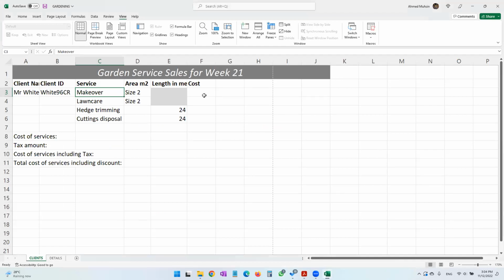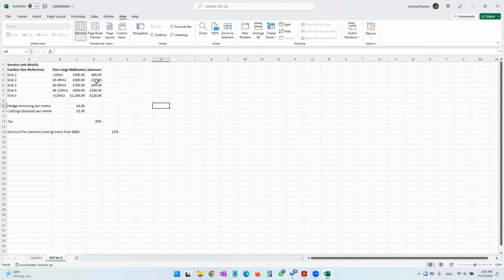So over here, you can see the cost column is there. The cost has to appear here, but they have not told us much about what we have to do to get the cost, where the values are kept. All that they have not told us. So this is something you have to figure out on your own. You can see there is another worksheet called details, and when you come into the details worksheet,